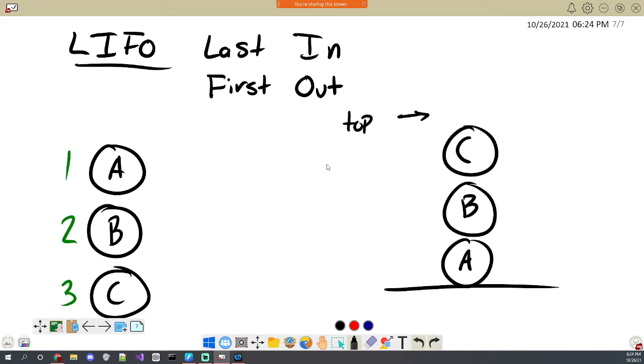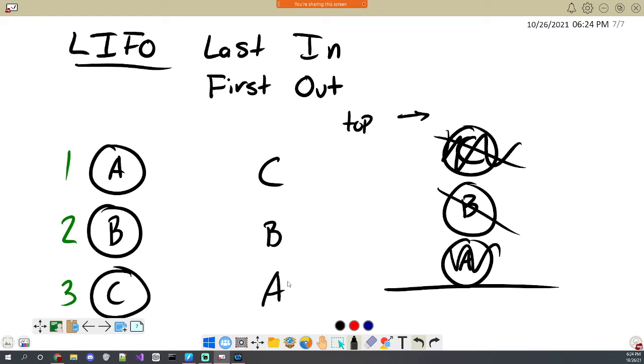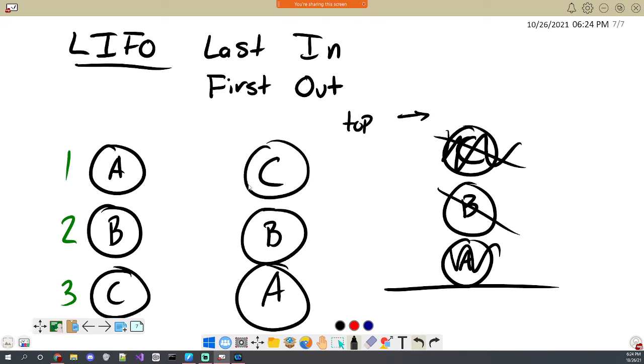And that's exactly what a stack does. So if I was to now want to remove something from the stack, the order that I would do it in is C first, then B afterwards, because after we remove C, B is on the top, and then A, and then the stack is empty. And so you can see this name comes into play. The last thing that was in was the first thing that came out.